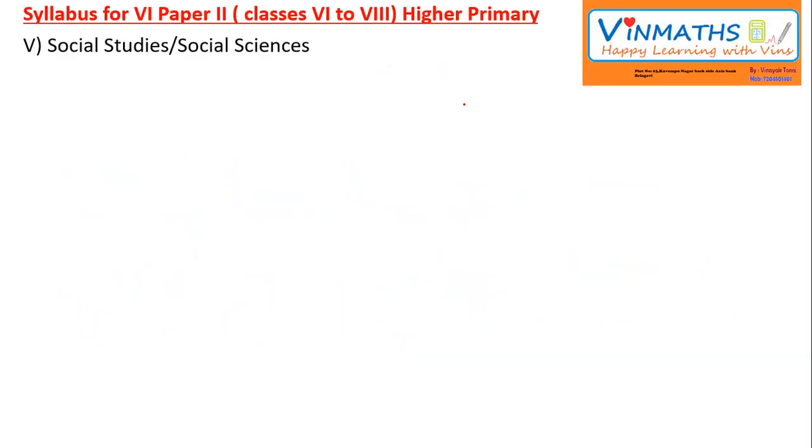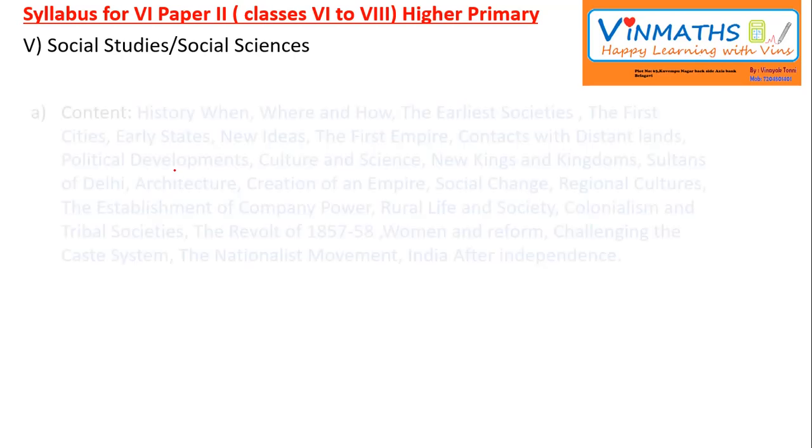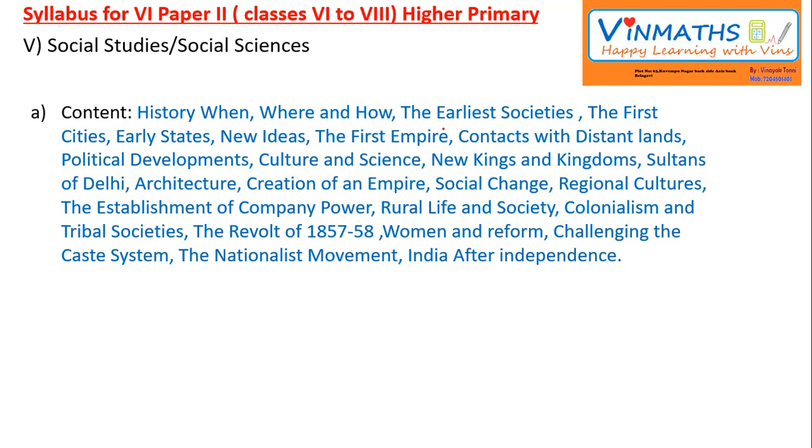So next one is the optional subject, that is social studies. In this social studies you will get content such as history: when, where, how, the earliest societies, the first cities, early states, new ideas, the first empire, contacts with distant lands, political developments, culture, science, new kings and kingdoms, sultans of Delhi, architecture, creation of an empire, social challenge, regional cultures, the establishment of company power, rural life and society,